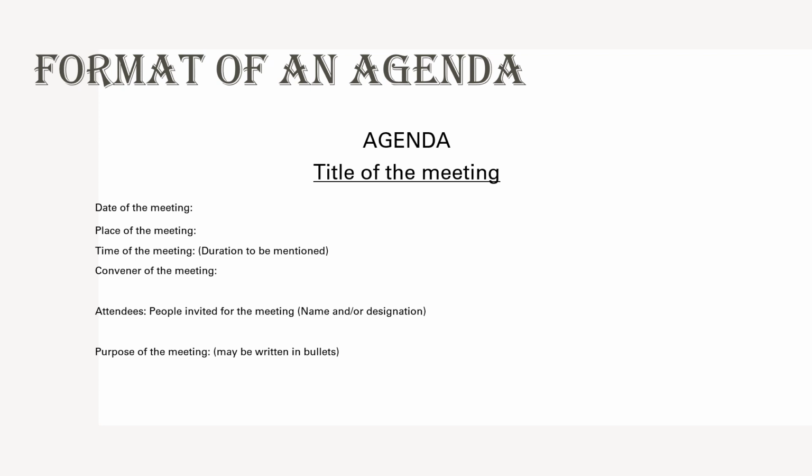The first thing that you write while writing the agenda is you will be center aligning the word agenda, and you'll be writing it in big bold letters so that whosoever comes across that document knows that yes, this is an agenda, which would mean that they need to put their attention on the facts that the convener wants to discuss. Then next, after agenda, you will be writing the title of the meeting. That is, in brief, you will write why the meeting, the purpose of the meeting, the objective of the meeting. Then you will write down the date of the meeting, which would mean the date on which you want the meeting to be held, the place where you want the meeting to be held, and the time of the meeting.